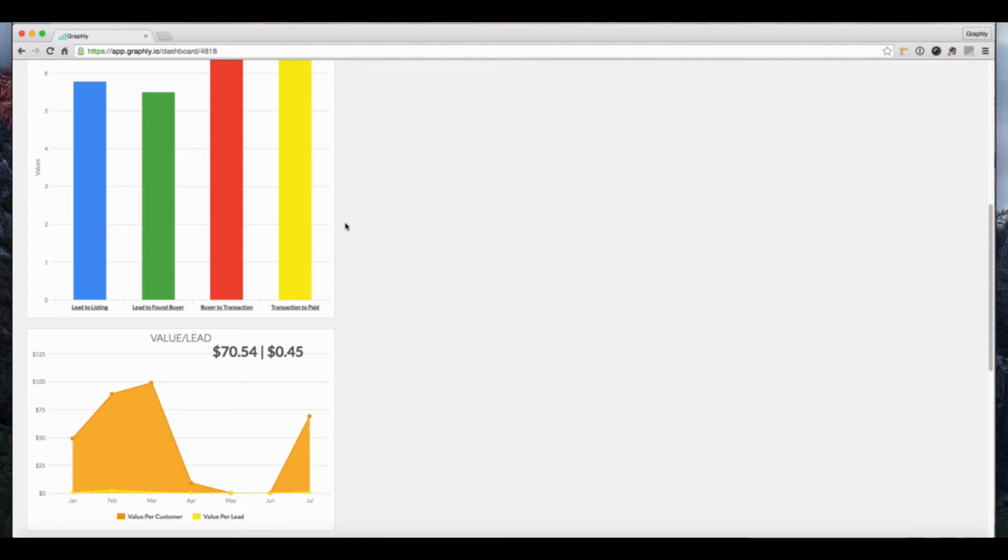The next one is value per lead, value per customer. You kind of brought this up. I'm not saying you should ignore either of those, especially not the per click side. They're all valuable, but the deeper we go, the more valuable the data becomes. These two numbers in the top right are averages over the entire window of time that we're looking at here. I wouldn't expect it normally to fluctuate as much as we're seeing here in a sandbox account. But what does this tell me? $70.54, that is our value per customer. That means we can legitimately spend